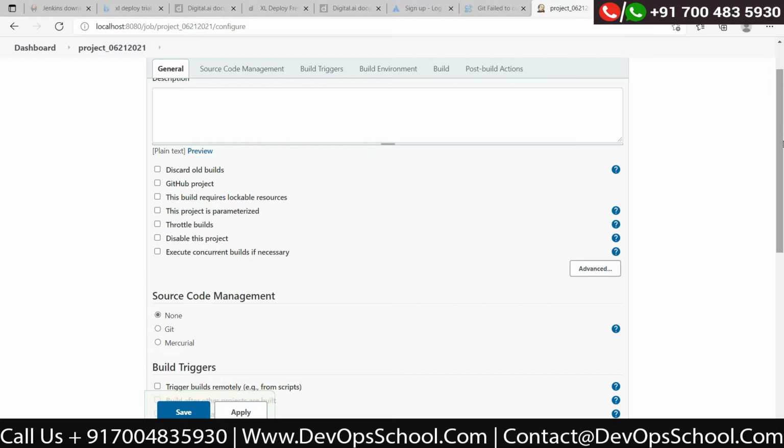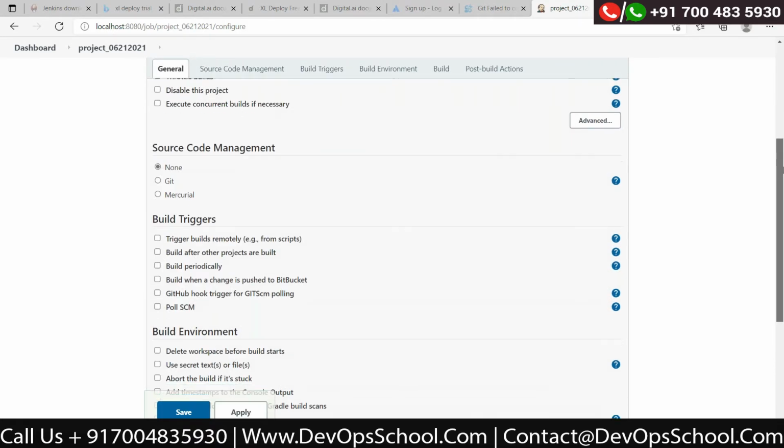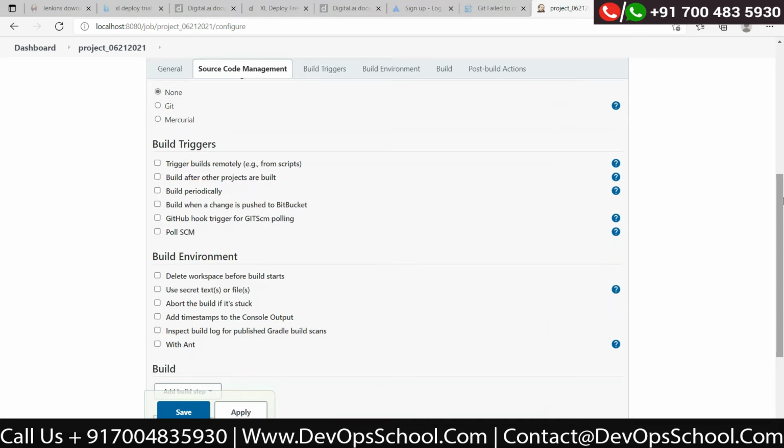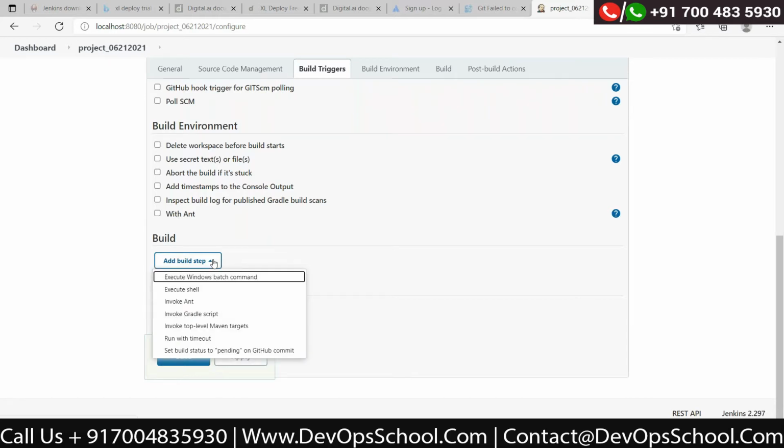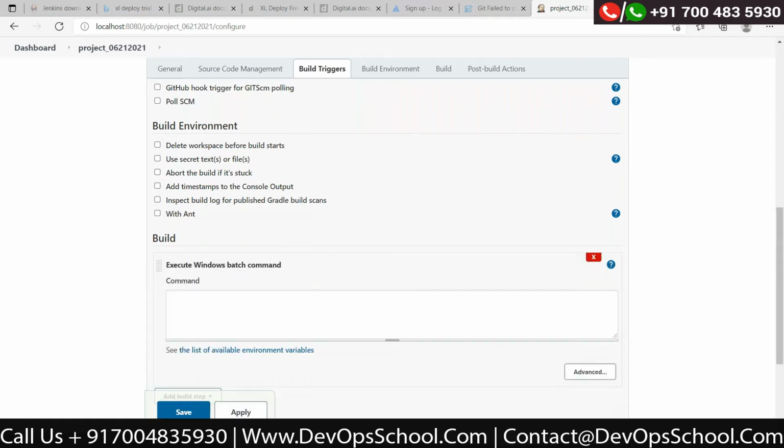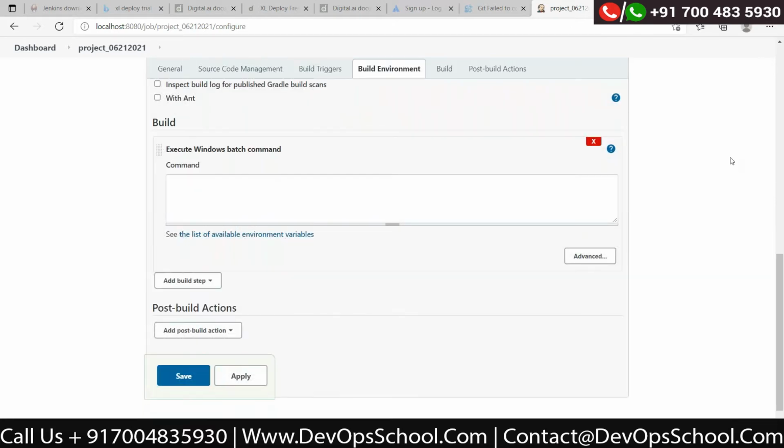Okay, let's run a job without a repository. Scroll down. We are not configuring source code here. Scroll now. What you need to build, you'll find an option for build. What you want to build. It's like build environment. Okay, scroll down. At step, execute Windows shell. This is the Windows shell.